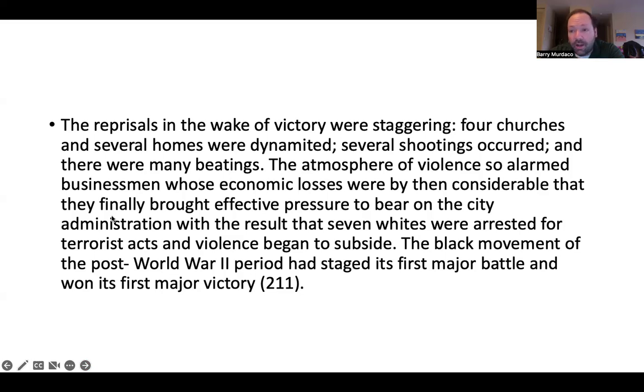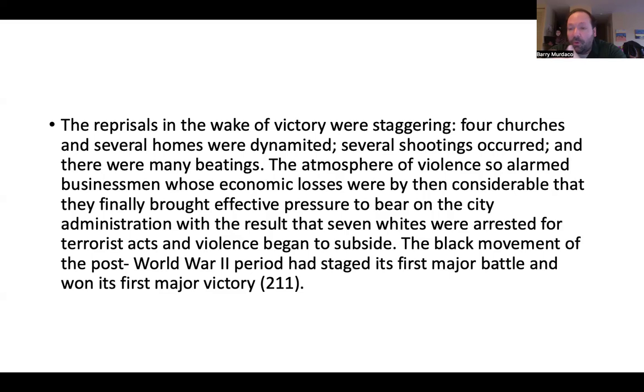Long story short, obviously, the boycott was successful to some extent, but of course, at the cost of significant violence as well. I mean, this is the extent to which whites in the South were willing to go to preserve segregation here. And keep in mind, this is also after Brown versus Board of Education. So this is after the Supreme Court basically rules that segregation is unconstitutional. But just because the Supreme Court ordered it didn't mean that Southern governments were going to follow along with it, and even then continued to resist it.